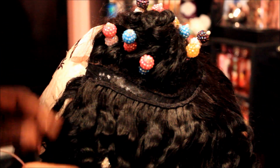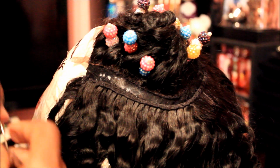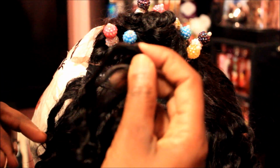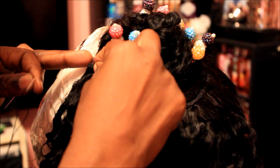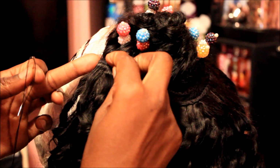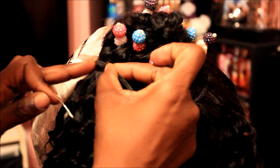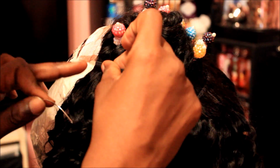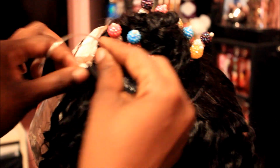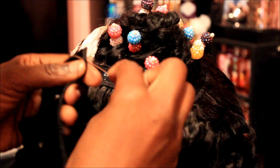Okay, now the first thing I'm going to do is watch where I got my closure at, because the last time when I made a wig, I laid this too close to the edge, and then when I cut my lace, I could feel this in front of my, you know, it was kind of in front of the lace like that a little bit. So, I need to take into consideration this time, this is only my second time, y'all, that when I cut the lace, I'm still gonna need, you know, space for